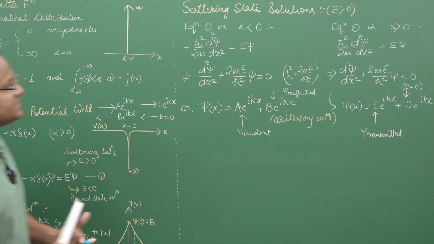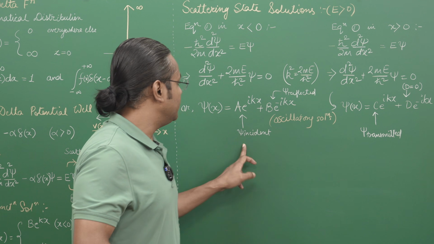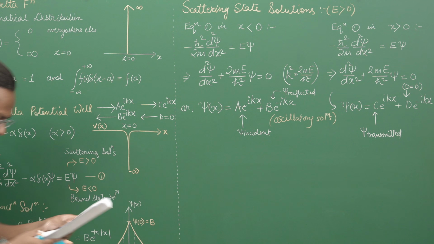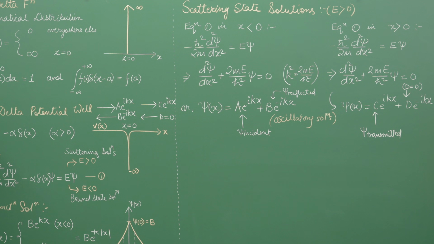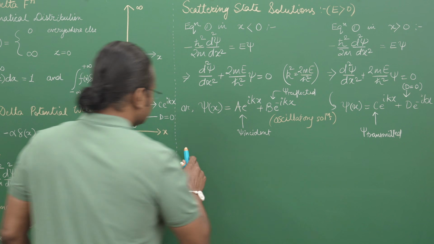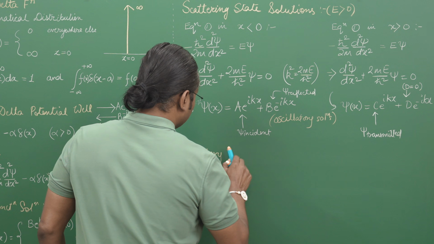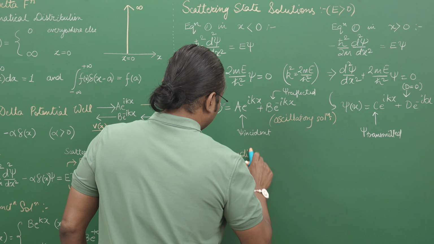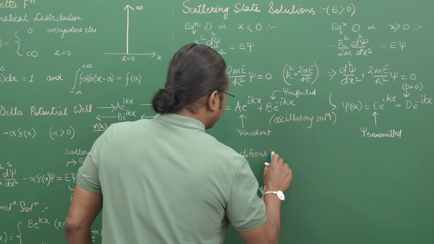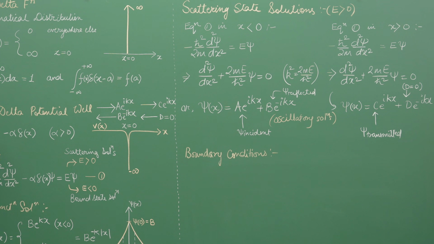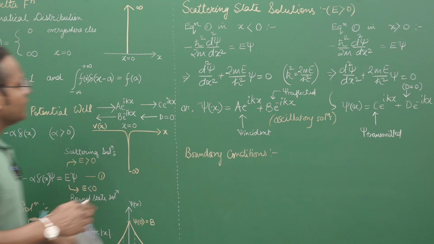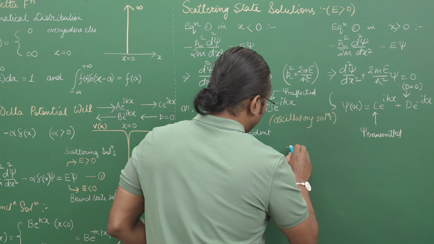So therefore, we have essentially these three plane wave solutions, right? An incident, reflected, and a transmitted plane wave solution. So now what we can do is apply boundary conditions to obtain the values of these different constants. So if I apply boundary conditions, I can use it to obtain A, B, C, and therefore I can also use it to obtain the reflection and transmission probabilities. So at x is equal to 0,